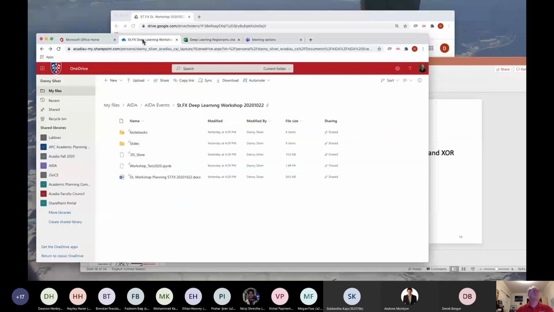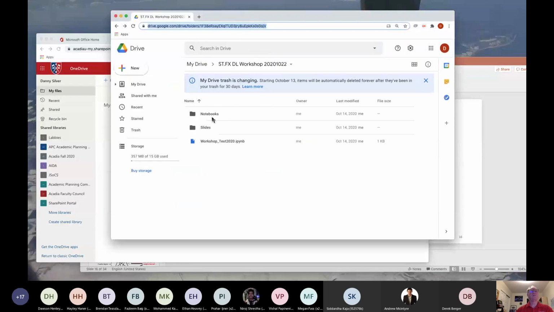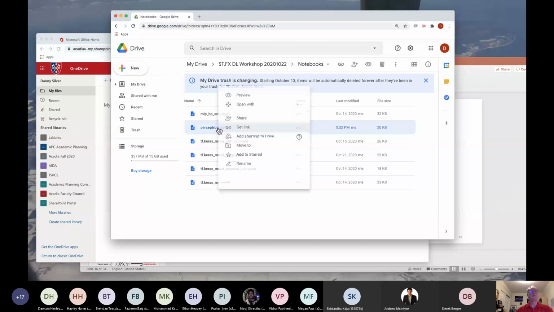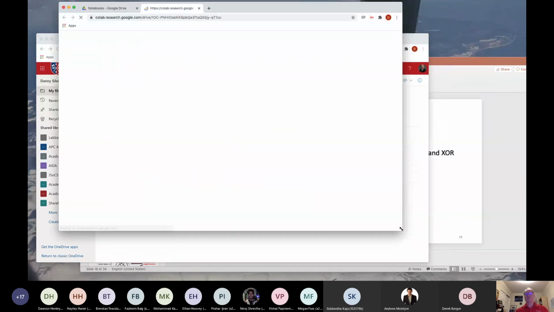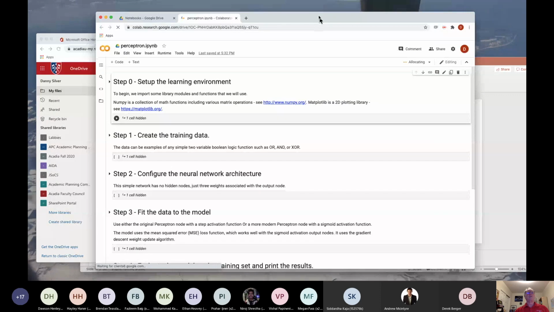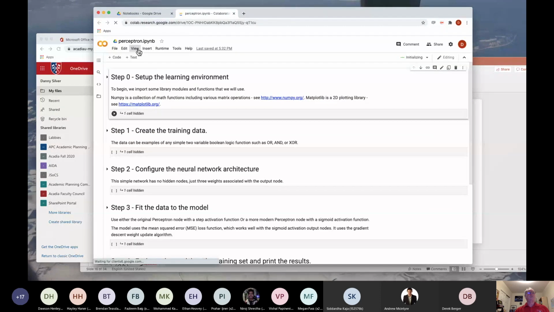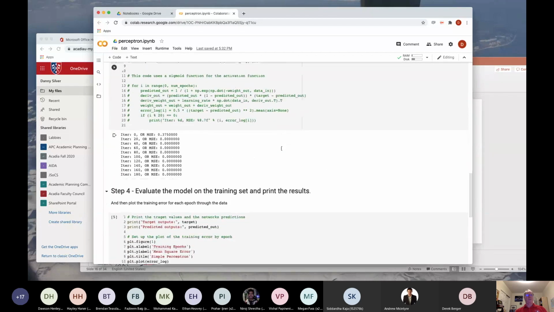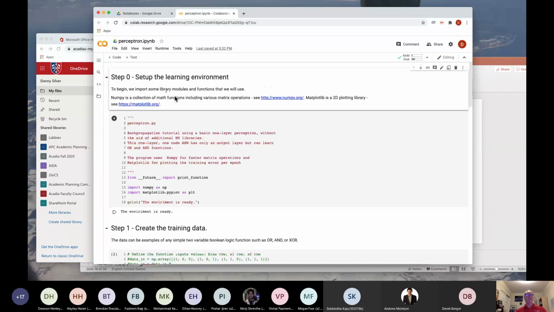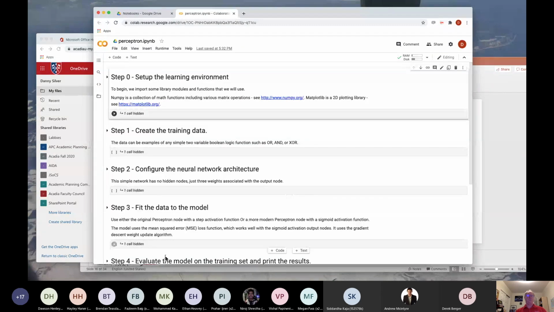So let me just go to the right place here, notebooks, and open Colaboratory. And you should be looking at this. And we're going to expand these sections. So now this is the first notebook you'll be seeing. Every one of the notebooks, if I collapse this, is going to be presented to you basically like this.